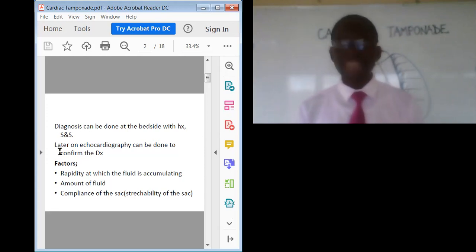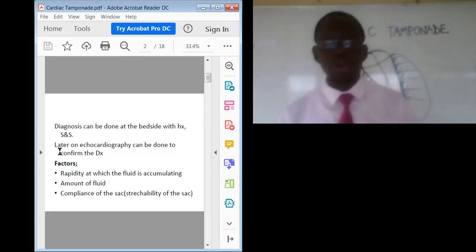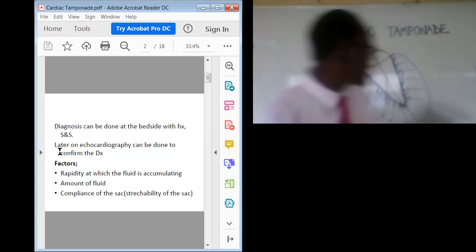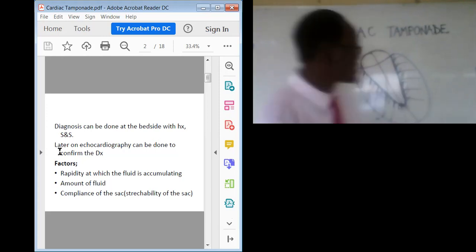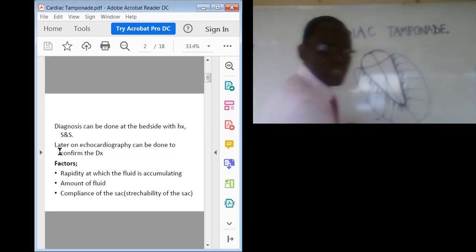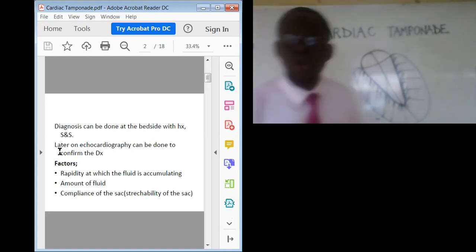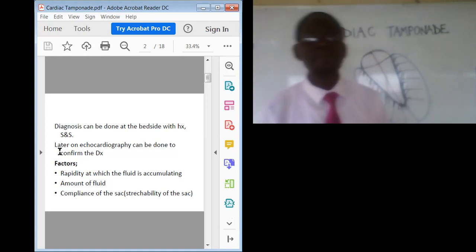Now, we said what factors contribute to cardiac tamponade: the rapidity with which fluid is accumulating, that is factor number one. Then the amount of fluid that accumulates here is factor number two. And then the compliance of the sac. If this sac is able to stretch out so that it is able to contain fluid,